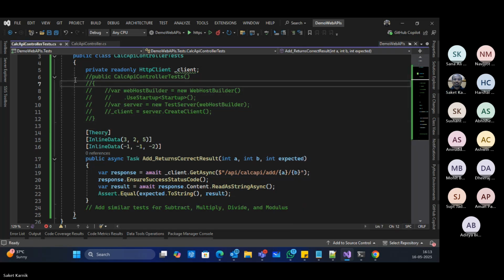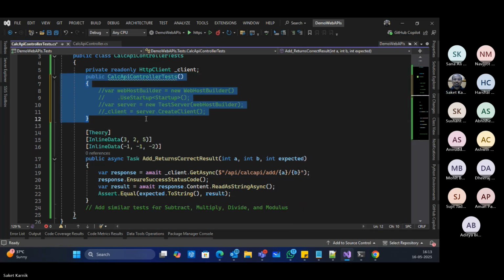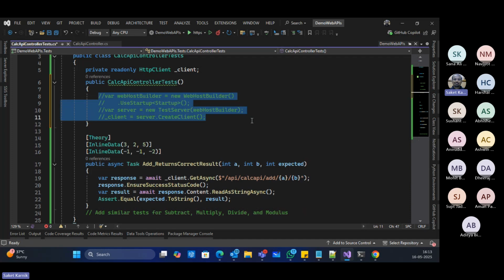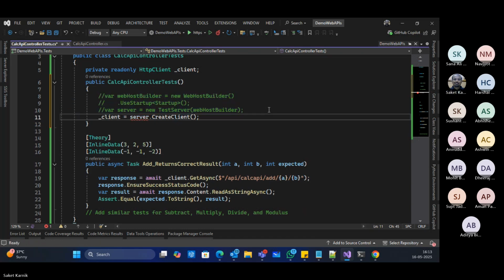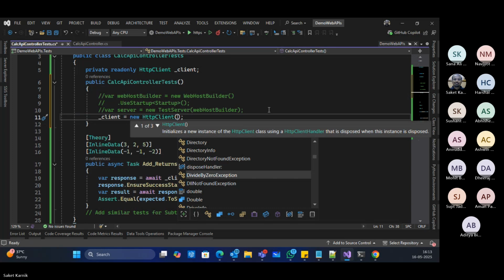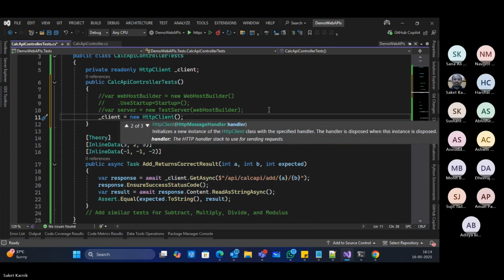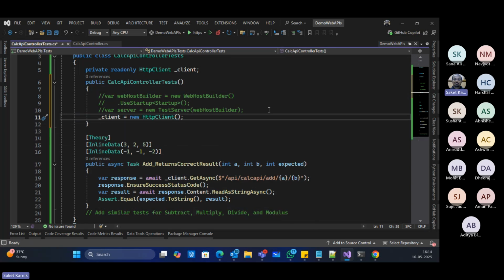Wait, let me uncomment this. We're using this client.GetAsync here, right? This I'll comment. And I initialize client with new HttpClient. And this requires the URL actually, the base URL of your API. So even this one should be enough.